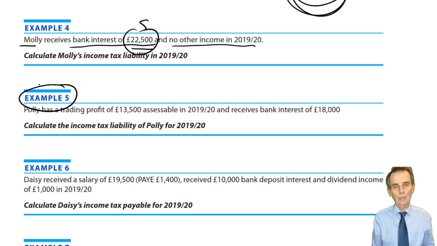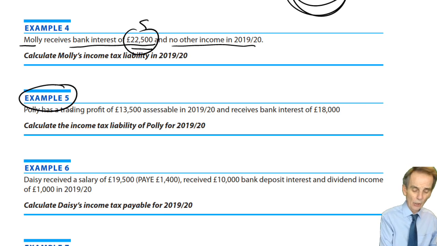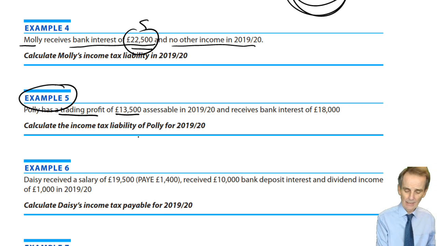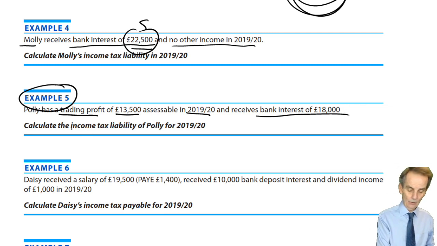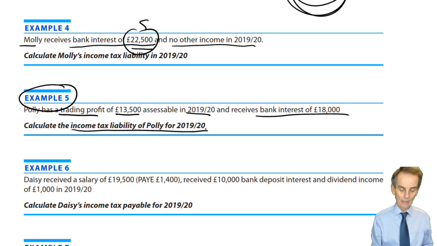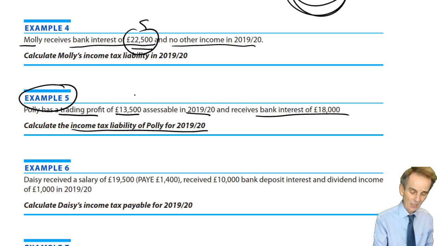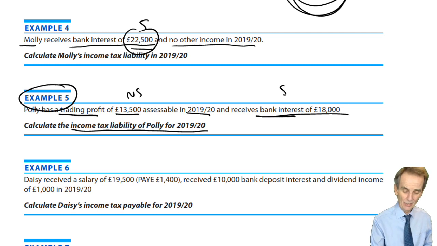What you now see is that we do have both non-savings income, trading profit, 13,500 assessable in 1920, and our savings income, this time bank interest of 18,000, and of course the income tax liability for Polly needs to be computed for this tax year. So, trading profit, non-savings, bank interest, savings,